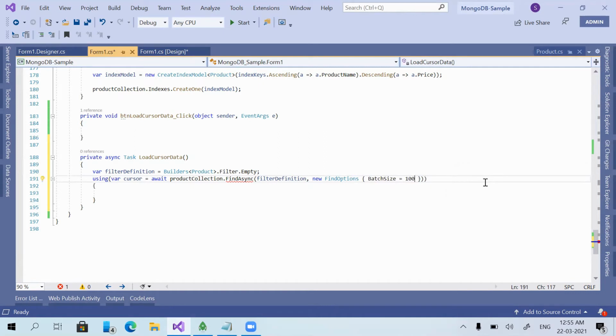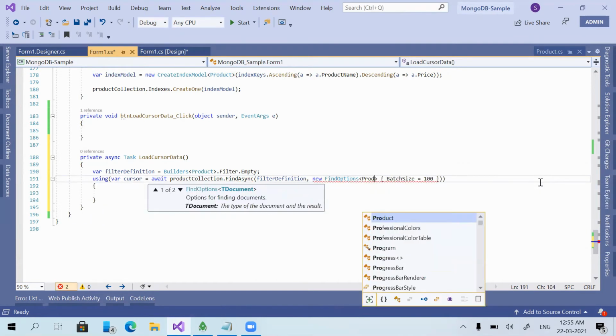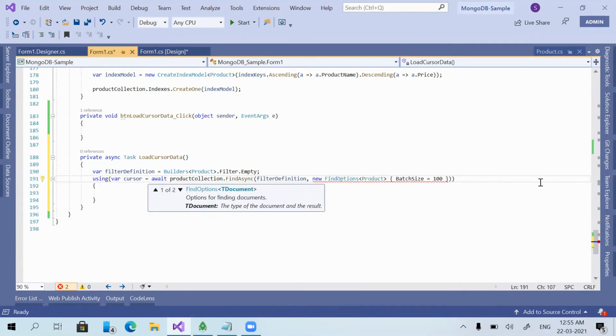I will explain what batch size is. For find options I'm just giving it like this: find option of product, then batch size is equal to 100.